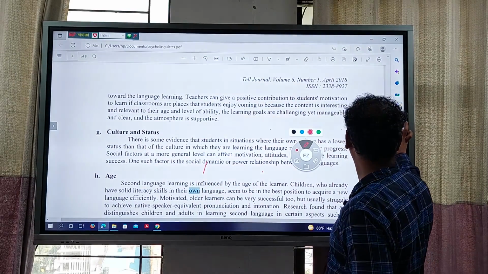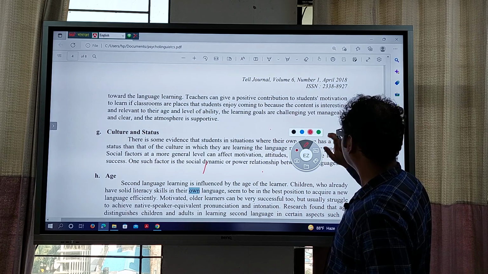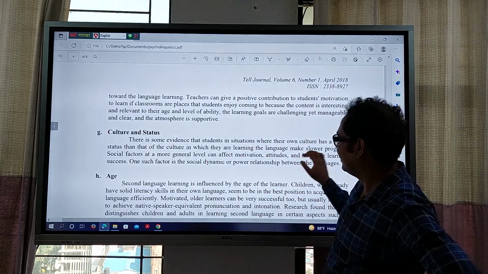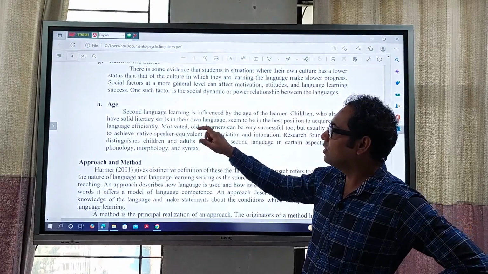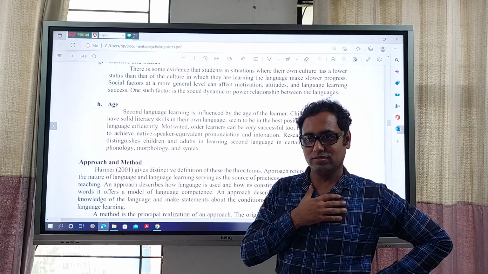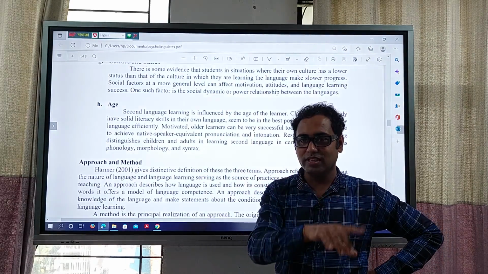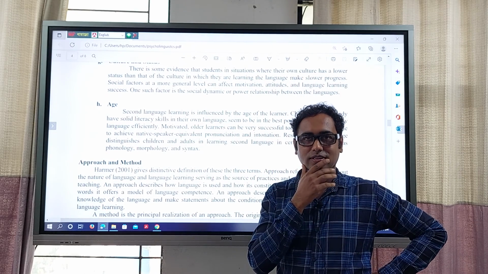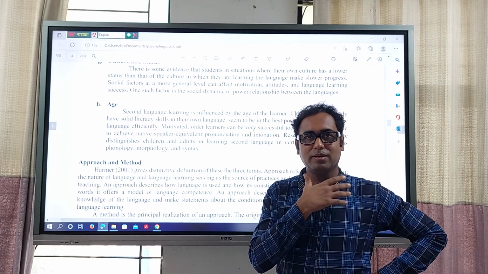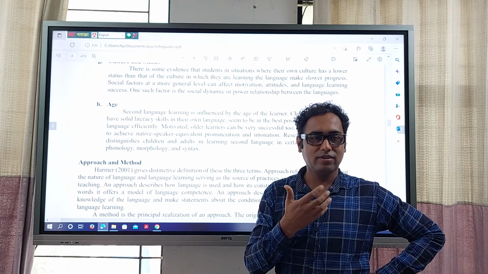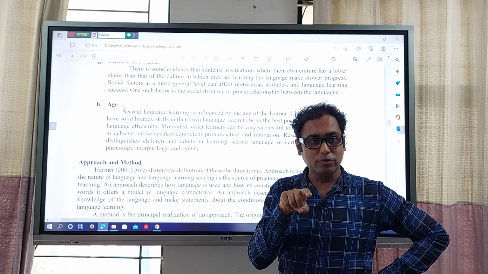Age. Next point is age. Age is a very big factor. Suppose I am very old and I am with you in a learning situation in England. I will not be comfortable with you. I will say, oh God, they are junior, they are doing well, I am senior, I am not doing well. I will not study with them. I will feel inferior.